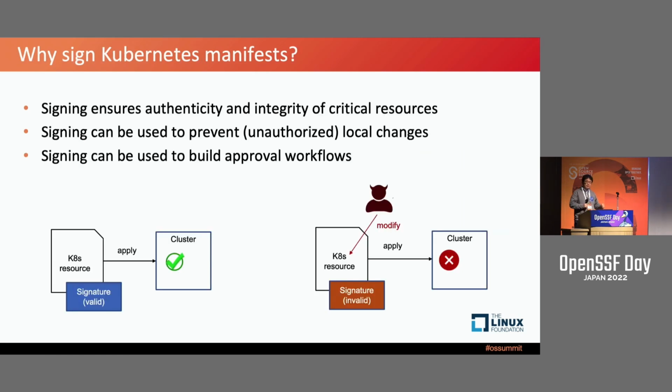So the signature comes here. If the manifest is signed, you can check that the manifest is not compromised and who provided that manifest. Then after confirming the manifest integrity, you can deploy the application to the cluster. So you can detect tampering of the manifest before actually deploying the application. So that's why we need a signature for the manifest.